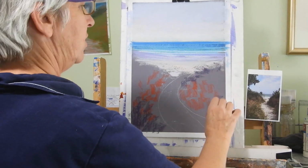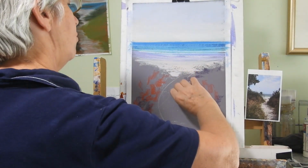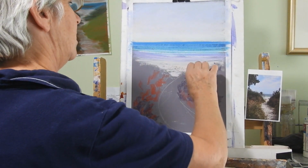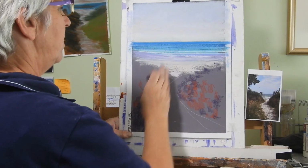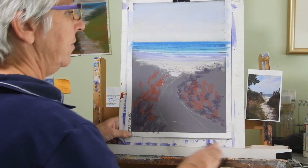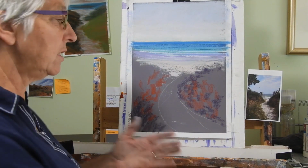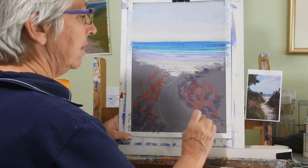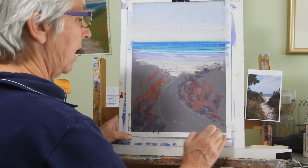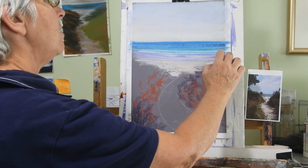I'm putting some bits of darkness, and the shadows are going to be coming this way, so all this will be darker than this here. This will be more in the sunshine, so a little bit of a darker underpainting there. You can see that because I'm using the pathway as a device, the edges of the pathway won't be coming out of the corner, but they will be curving around and taking me up to the waves,